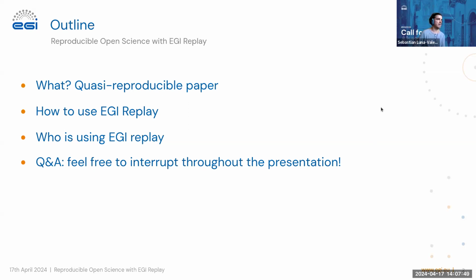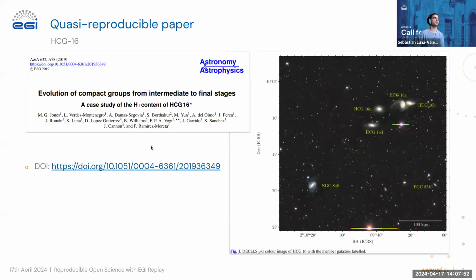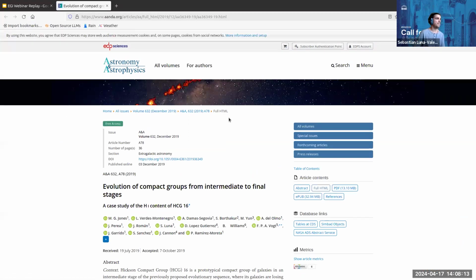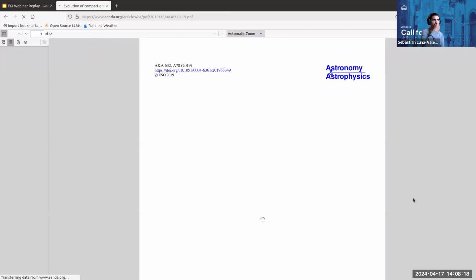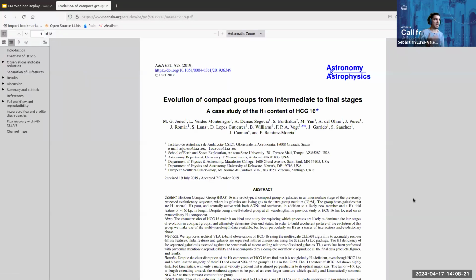Okay, let's then go ahead and discuss the almost reproducible paper. So imagine for a second that I'm an astronomer and a colleague shared with me this DOI about a paper that they find interesting. So I click on the DOI, that takes me to the journal and the paper actually, and say that I want to read the PDF. So again, I'm not an astronomer, but I was helping astronomers to work on this experiment, and I was helping on the computational side, of course.